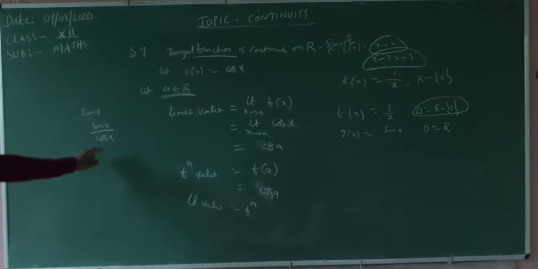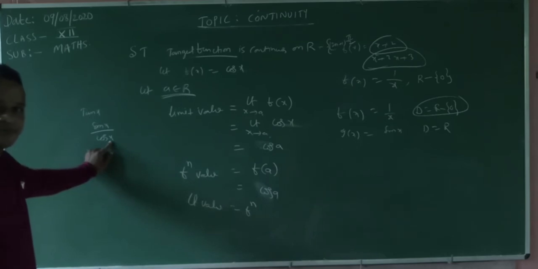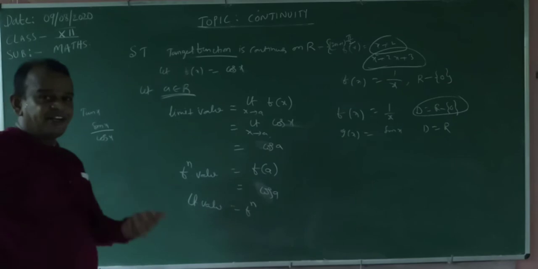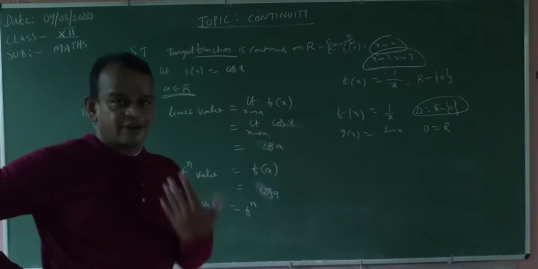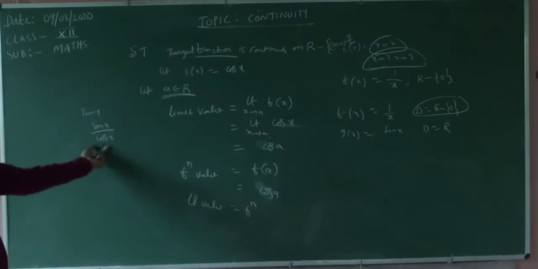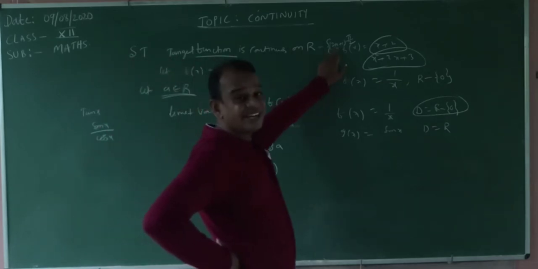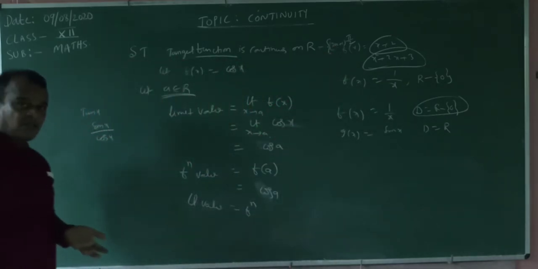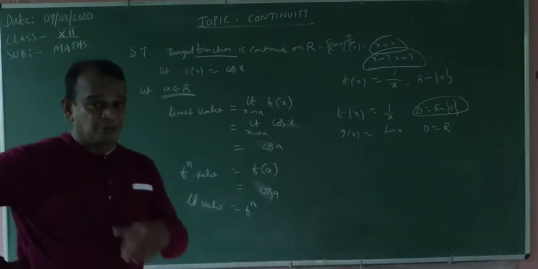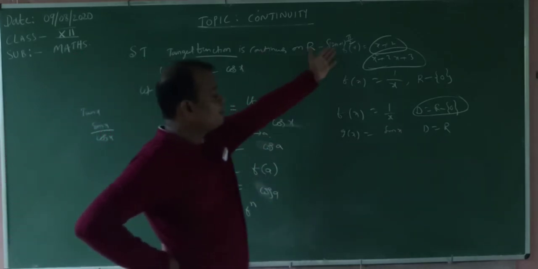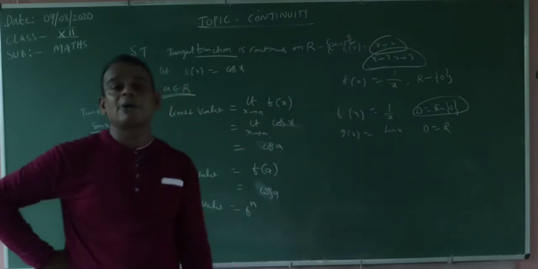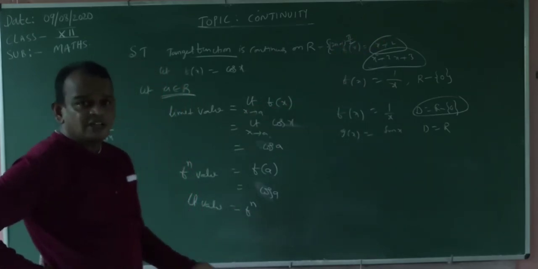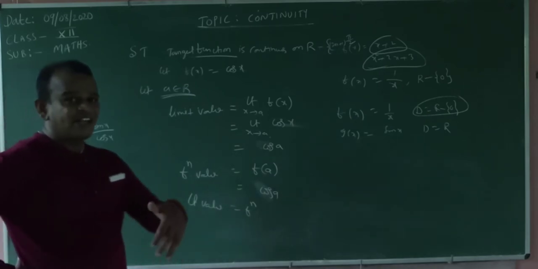No. Suppose you take 90 degrees. Cos 90 is 0, so it is something by 0. Odd multiples of 90, that is 270, pi by 2, 3 pi by 2, 5 pi by 2, 7 pi by 2: cos is not defined there. That's why we subtract those points. Suppose in the examination the discontinuity points of tan x are asked. What are the discontinuity points? (2n plus 1) pi by 2, odd multiples of pi by 2. We will write the odd multiples of pi by 2. That is the answer.